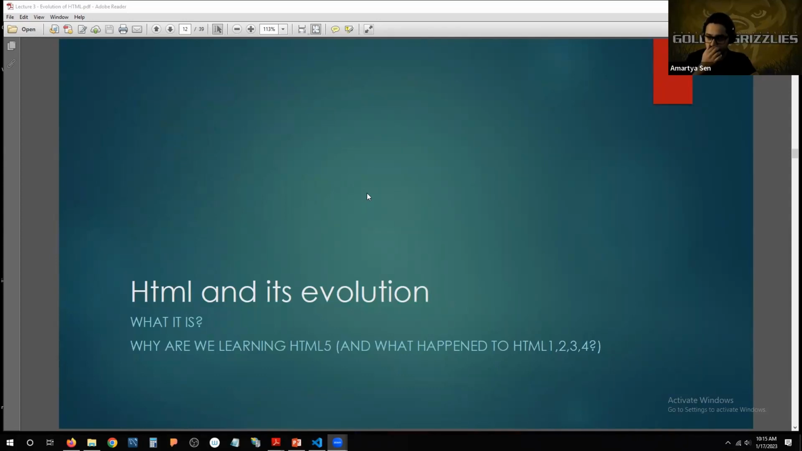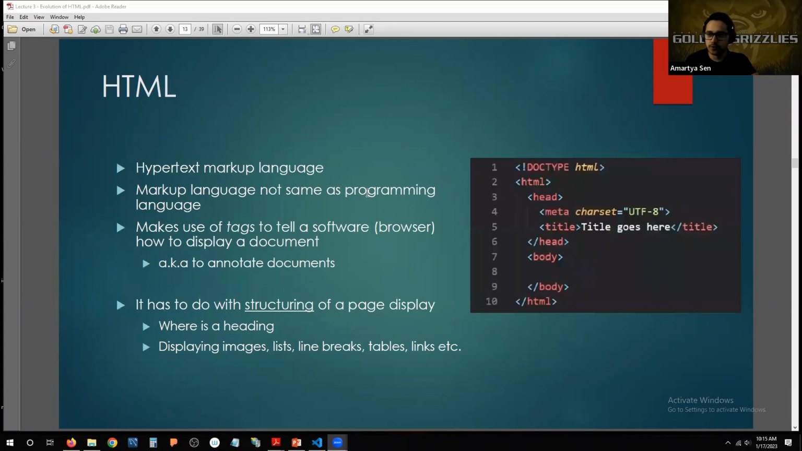Let's start with HTML. So as most of us know, HTML stands for Hypertext Markup Language. It's basically an annotation language that is used by browsers to understand how to display information on the web browser. So any kind of .html file that you create gets automatically associated with whatever your default browser is